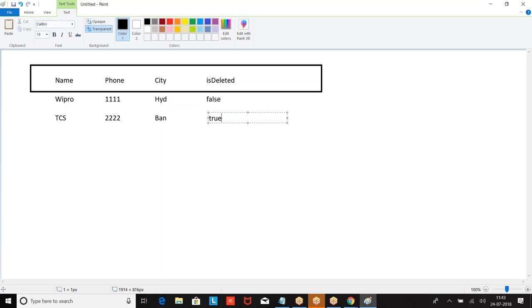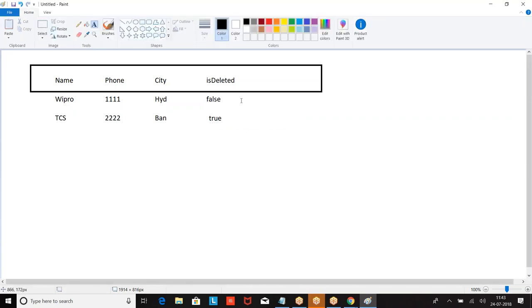Then we had a field called is deleted. Whenever we delete the record, the value of that is deleted is kept as true. So when you delete the record, that is set as what?